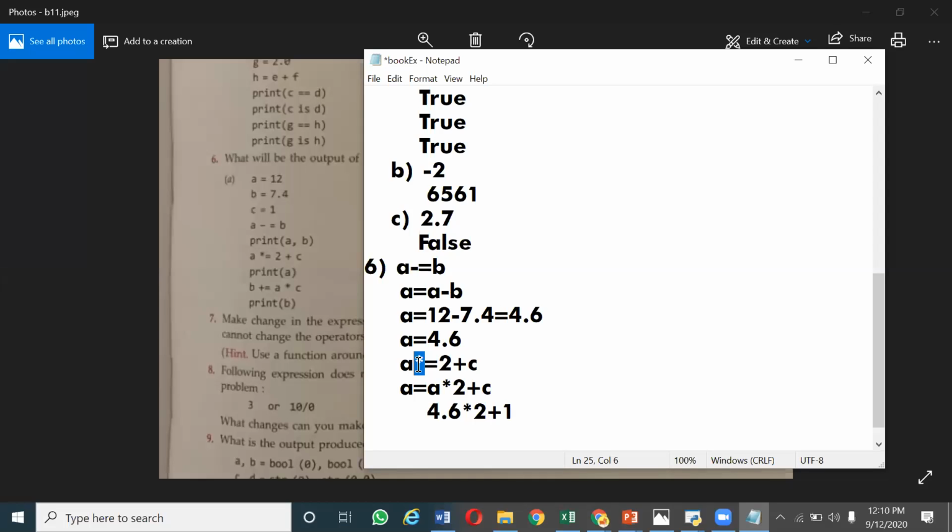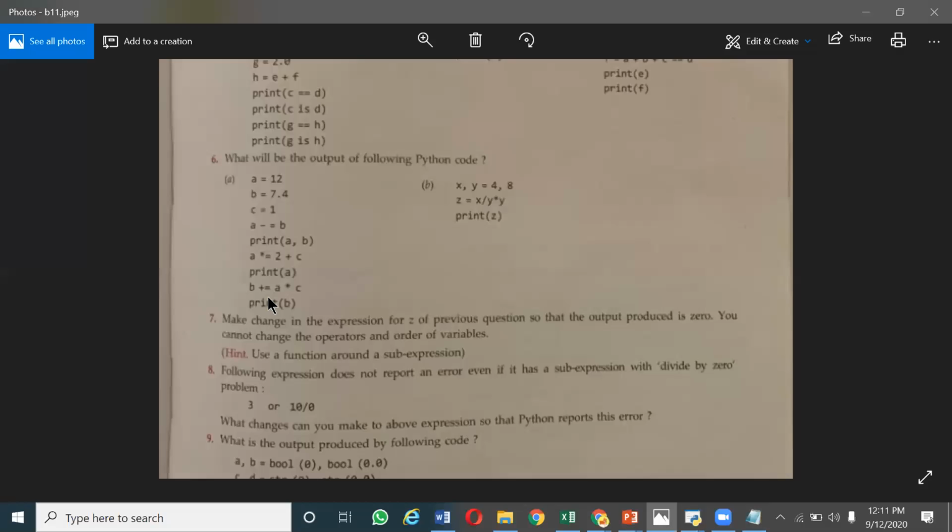So it is 2 plus C, multiplied by A. The answer for A after evaluating this expression is 13.8. Now can you give the answer to the next statement? B plus is equal to A star C.